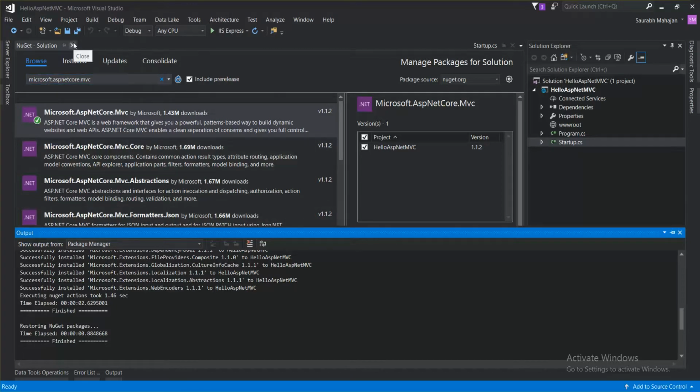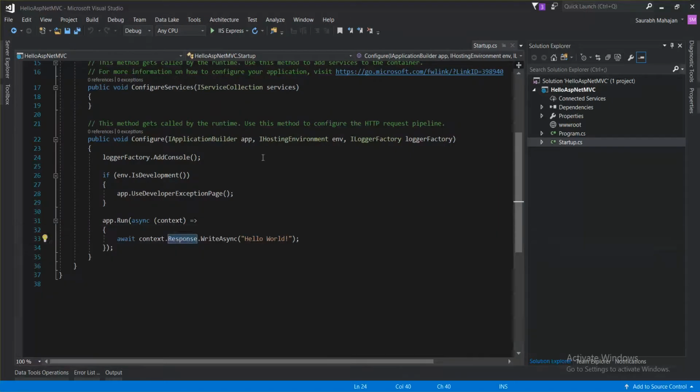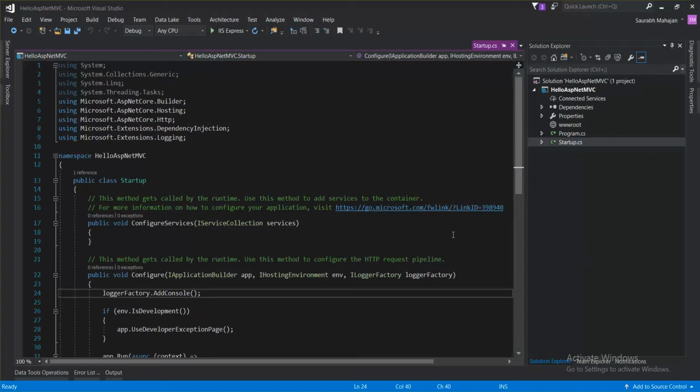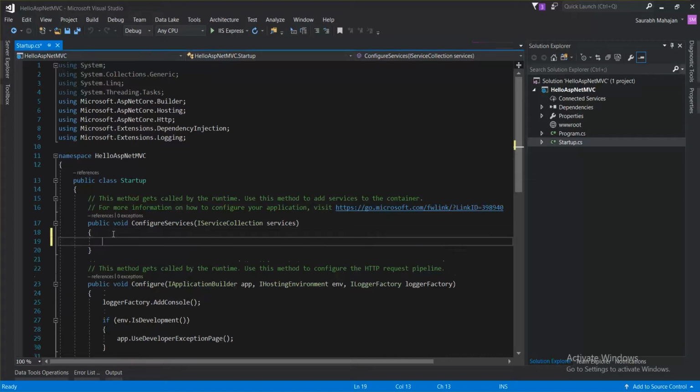It has successfully installed it. I won't be doing anything else. I won't be installing any other library as of now. So once I'm done installing the NuGet package for ASP.NET MVC, I need to tell my application to actually start using it. The way it is done in ASP.NET Core is through startup.cs. Startup.cs is nothing but